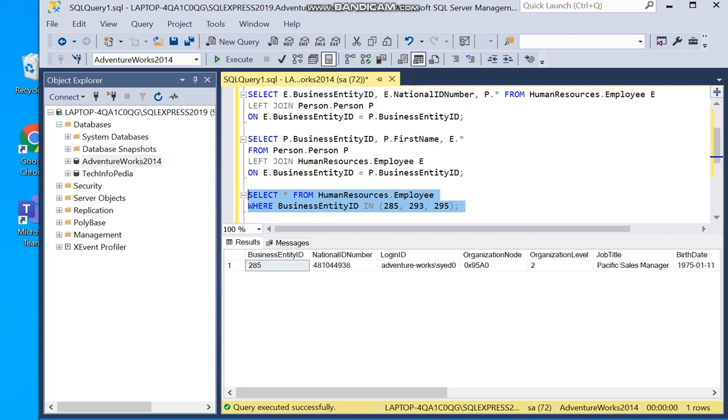Here we can see only 285 is available in our employee table and these two are not available.